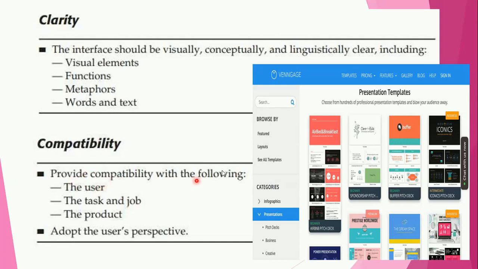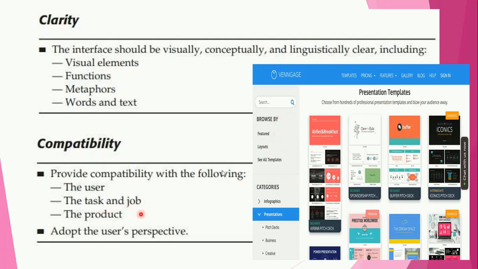Okay, that means, suppose the screen is presenting some visual display, and when you click on certain icons on the screen, there should not be confusion for the user about where he is actually present. He may be going on clicking certain icons further, and later he may reach some other page. But the user has to know where exactly he is present. So that is compatibility, providing compatibility to the user.